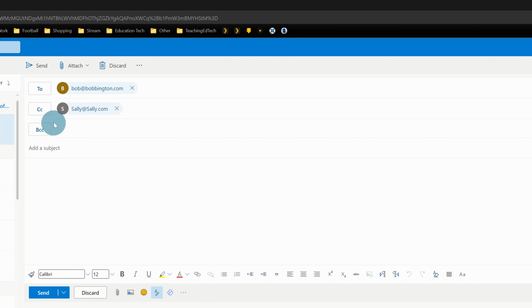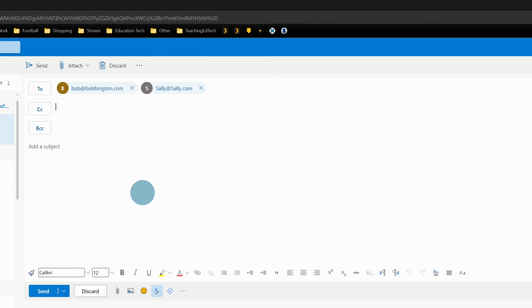So usually if you find yourself in the CC line, it's something that you should read. Somebody feels you need to read it, but it's not something where you're going to have an action from it. If they're giving you actions, but they've put you in CC, that's sort of incorrect use of CC. If you've got actions, you should both be in the To line like that. Now, blind carbon copy